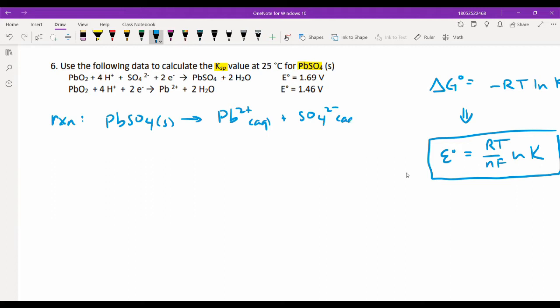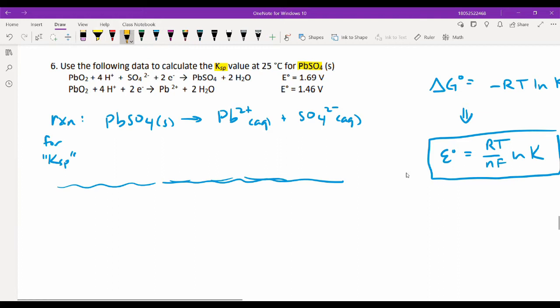That would be our KSP reaction. This is a reaction for KSP, right? And so we want to use these two half reactions that are given to add up and give this overall reaction. So what we're going to do is look at these and flip the first one around, because